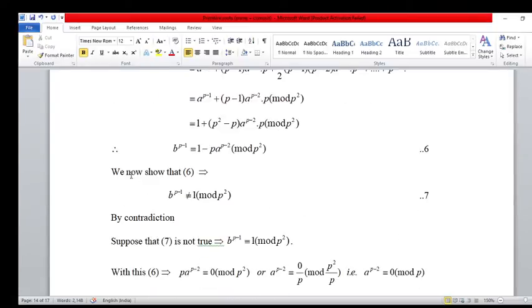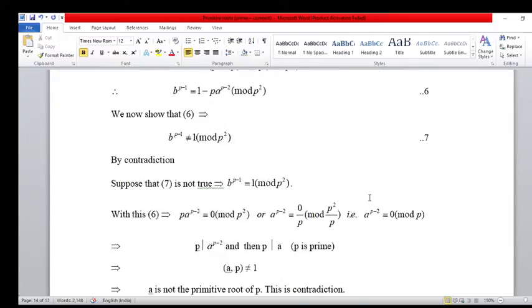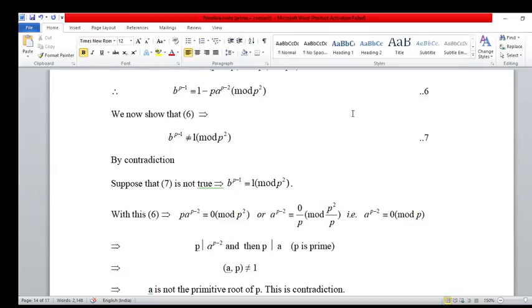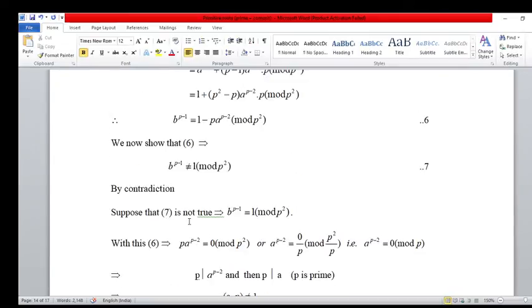Now we show that equation 6 implies b raised to the power p minus 1 is not congruent to 1 mod p square. By contradiction, suppose that equation 7 is not true. 7 is not true means b raised to the power p minus 1 is congruent to 1 mod p square. With this, from equation 6 we get p into a raised to the power p minus